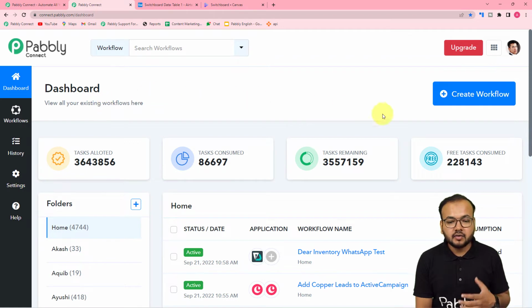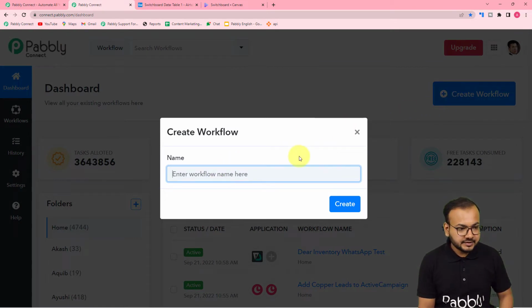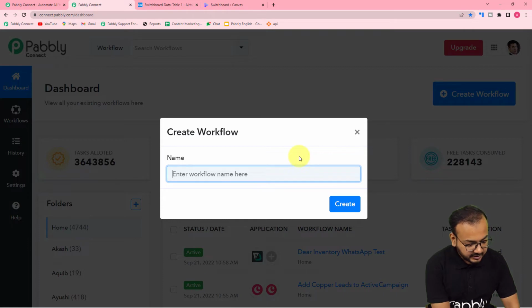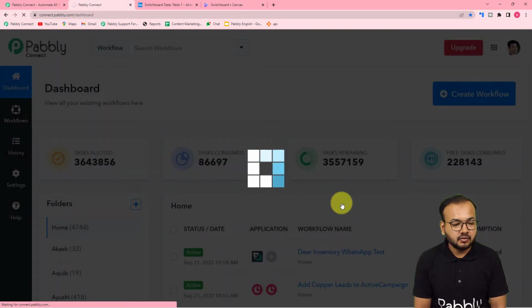And guys, here you have to create a workflow of automation. For that, just click on this create workflow button, and here you can give a suitable name to this workflow as well. So I am giving the name here as Airtable to Switchboard Canvas Automation. Okay, so after giving the name, just click on this create button and you can see your workflow page is